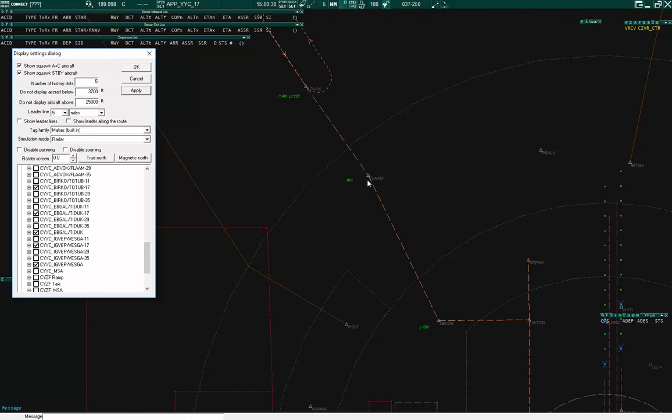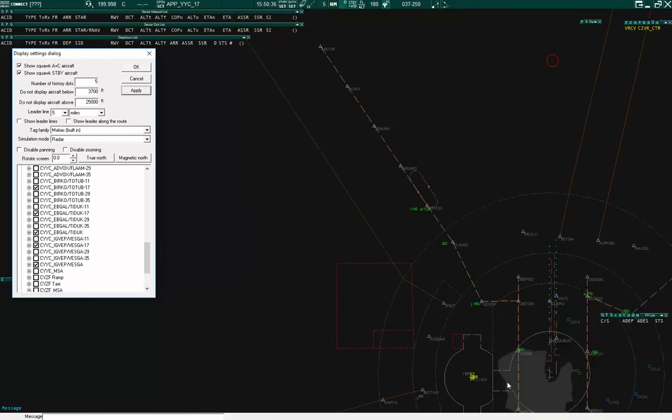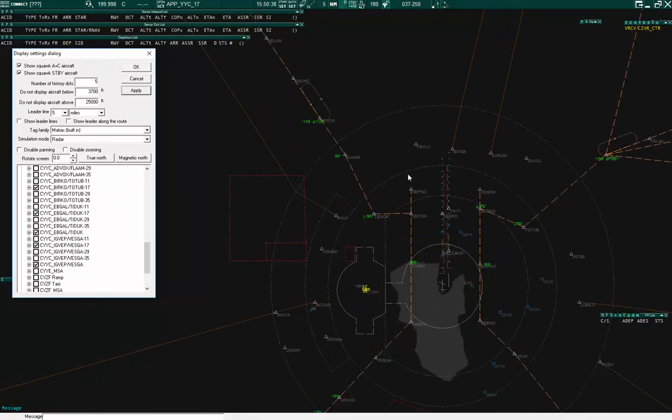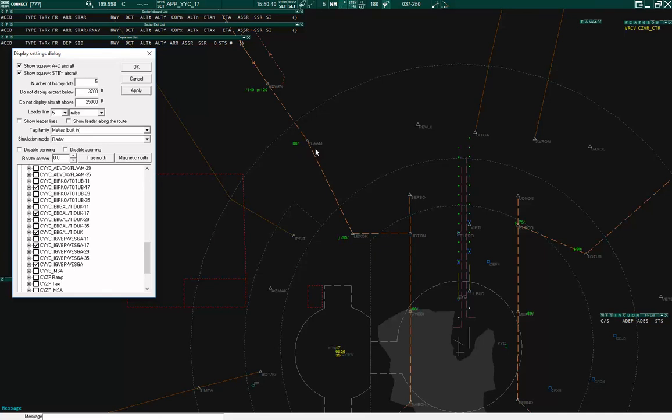More efficient, because what is happening here is that if I have a turboprop that already crossed FLAM, and I don't have anything else in the airspace that I'm controlling, then I can take that guy down as low as I can, say 6,500, and get him very low here, and get him into the final approach into Calgary, as you see fit. Before, if you remember, you don't need to, but just for a little bit of background history there,